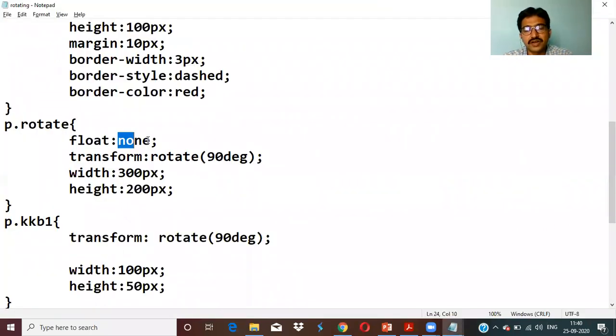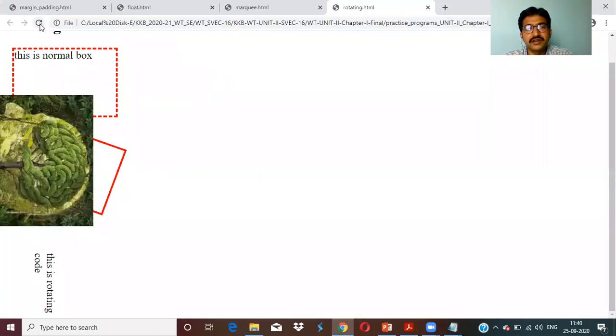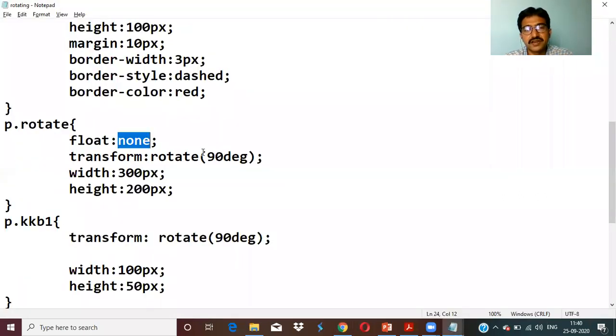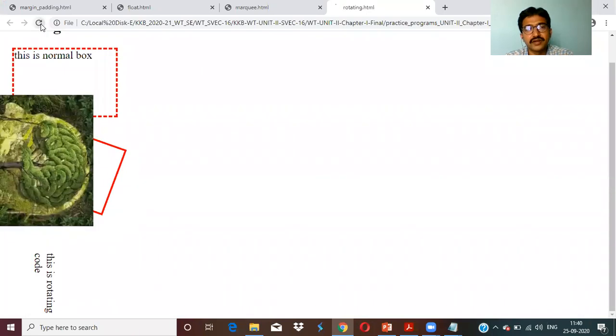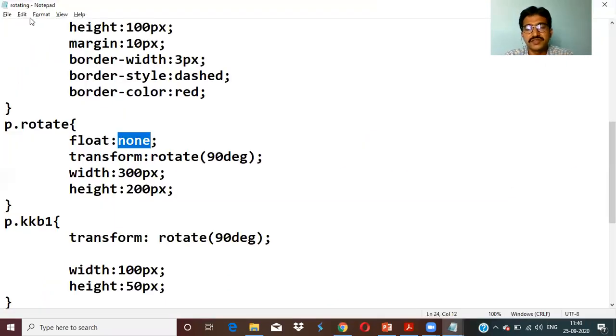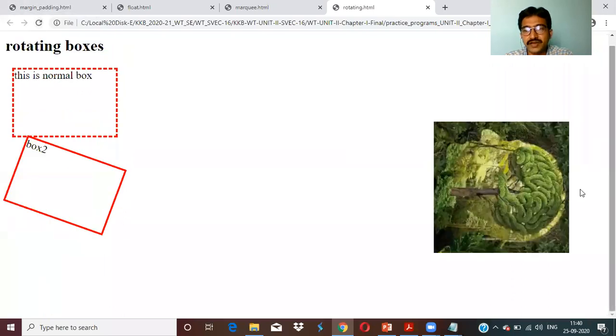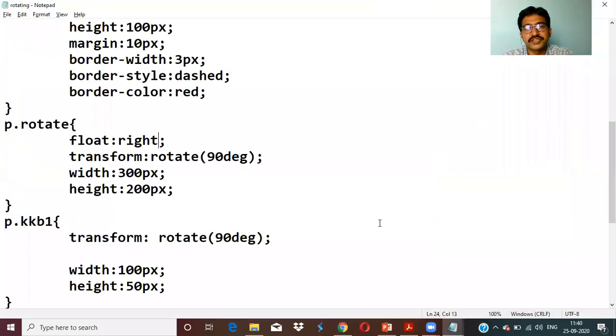When you say float left, then from the left, 300 width and 200 height will come like this. When you say float is none, it goes behind, from the starting, to the inside of that one. When you say left, from the left, the width and height will be calculated like this. If you say float is right, the width and height is 300 and 200. From the right, the width is 300 and the height is 200 of that particular rotation.